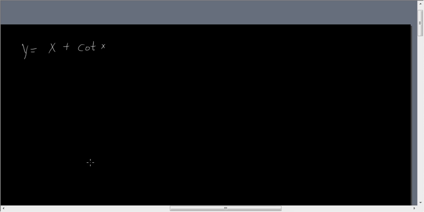Okay, let's go ahead and take a look at some examples of these complex trig functions and their derivatives. As we're taking a look at this one, y is equal to x plus cotangent x, we have to refresh our memory here. Cotangent x is equal to cosine x over sine x. If you haven't for yourself yet, I have another video that derives the derivative of cotangent. When you do take it, the derivative of cotangent x with respect to x is equal to negative cosecant squared